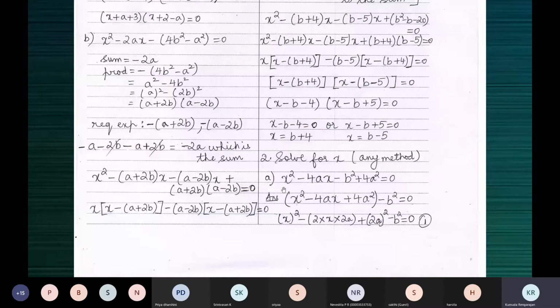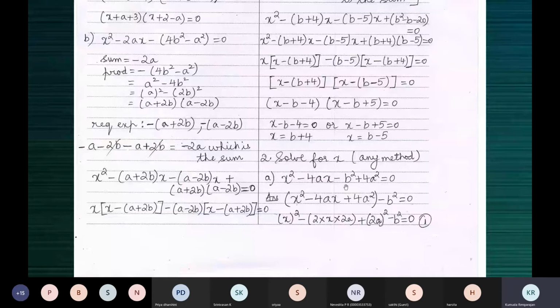this is the x square term. This is the x term, and these two terms are not enclosed in a bracket, so I'm calling them terms. This term and this term don't have x or x square in them. Now what you can do is, this is the x square term, this is the x term. For this x square term and x term, you find the third term, with the help of which you can complete the square.